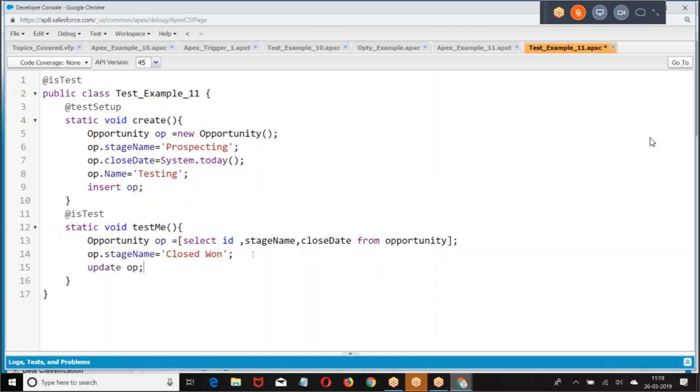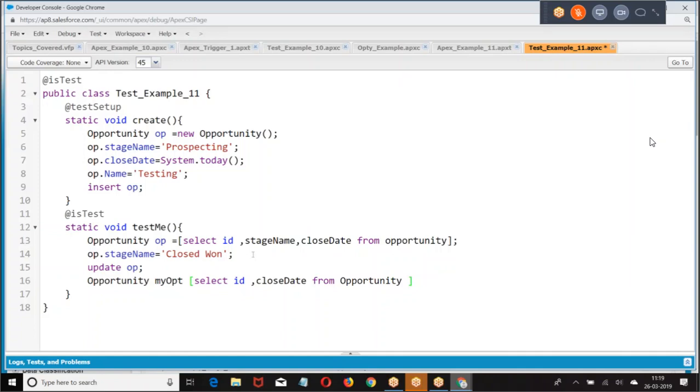Now I am fetching the data which is there in the test data. Then I modified the stage name as closed one. Then updated. When updated, what will happen? Update trigger will fire. If the update trigger is running well, then what will happen? Opportunity.